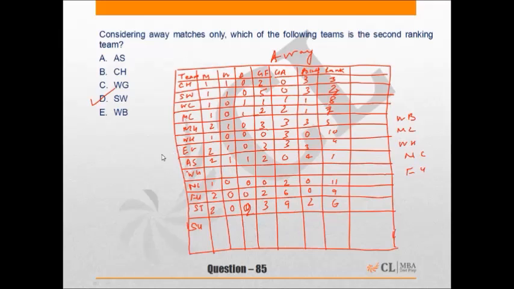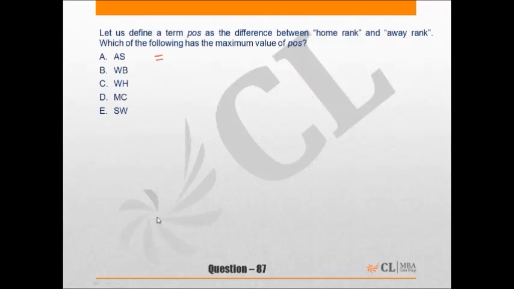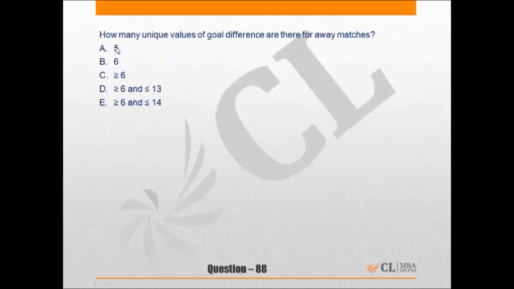and from the table, the difference for AS comes out to be 12 minus 1, that is 11. Similarly, the difference for WB is 1, WS is 8, MC is 3 and SW is 3. Hence the maximum value of POS is for AS, which is option A. Now coming to the last question of this set,